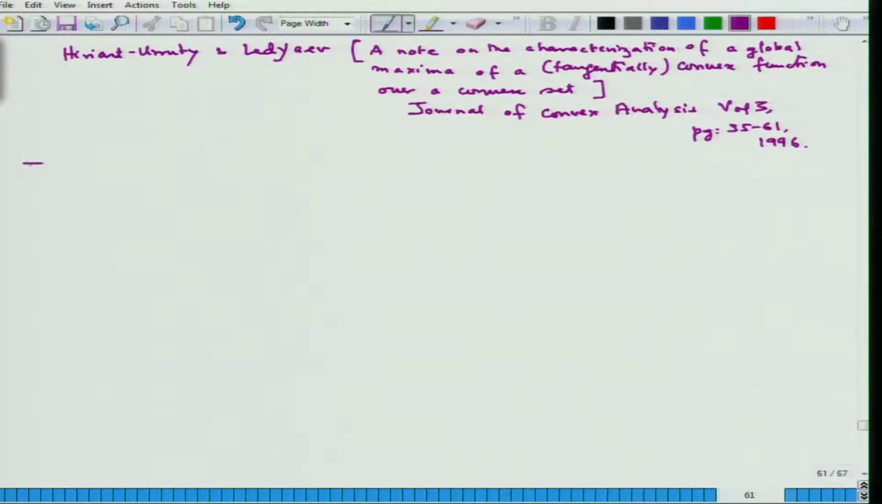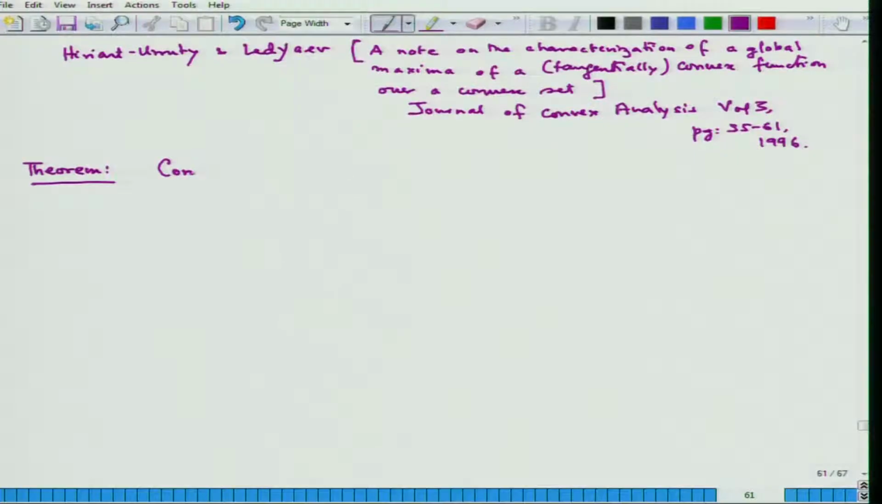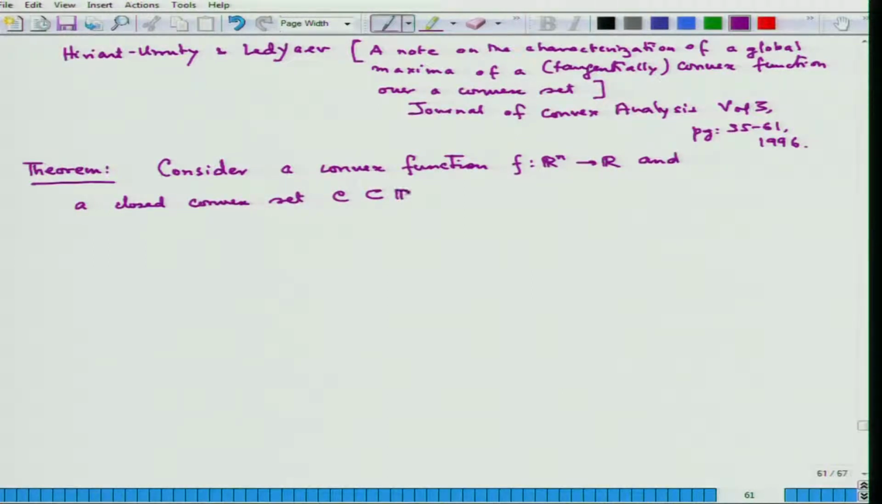The theorem is as follows. Of course, I will try to show you how to prove this result, and that could be an interesting way to end our discussion for today. So, consider a convex function f from R^n to R, and a closed convex set C, and let x bar be such that